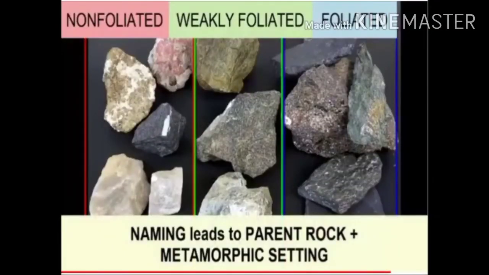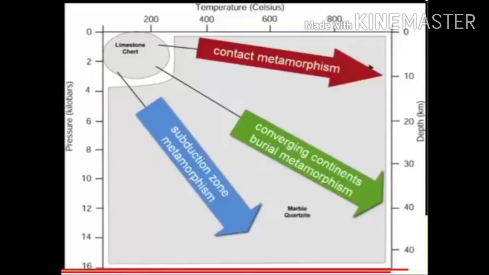These are their classifications: non-foliated, weakly foliated, and foliated. The naming leads to parent rock plus the metamorphic setting. So this diagram shows how deep the rock goes here, how great the pressure they receive, and how high the temperature they receive. The higher the temperature, the greater the pressure, and the deeper they are inside the earth, the increase in metamorphism